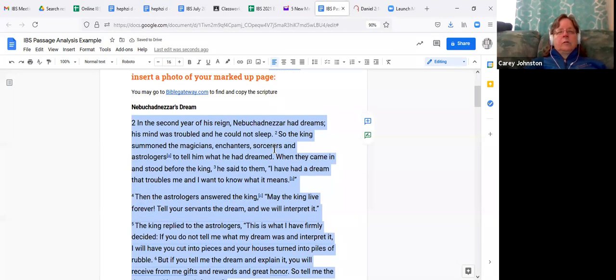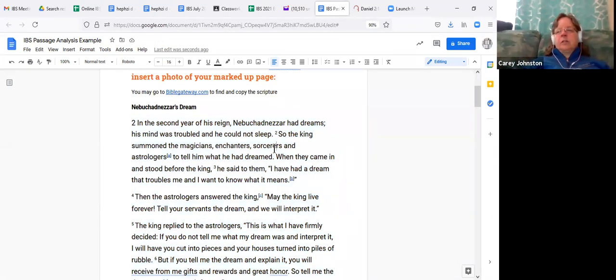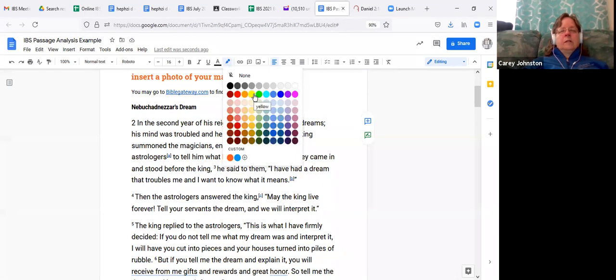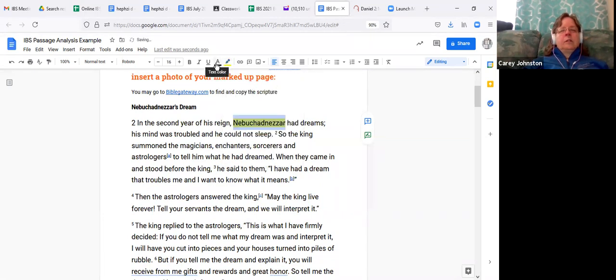So the assignment is that you're supposed to do the analysis of the passage using your observation: who, what, when, where, why. And then the next assignment, you'll come up with your questions. We want you to use at least two colors and two symbols. So, for example, maybe one color you will use for names. So we have Nebuchadnezzar here, and you can use highlight color. So let's use yellow for people,